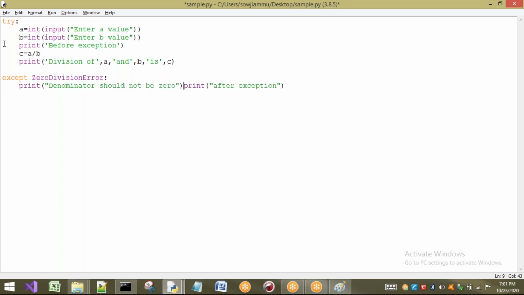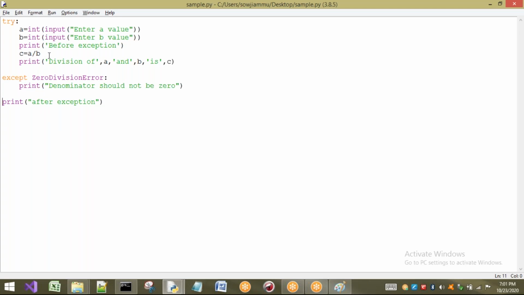Observe. This line is not in the except block, it is after the except block. Now listen carefully. If there is any exception in this line, it will jump from this line to the except block and execute this. After the except block, everything will be executed, but once again I will not go back to this line.